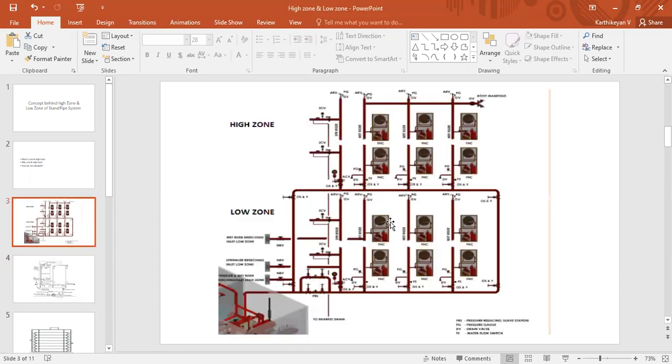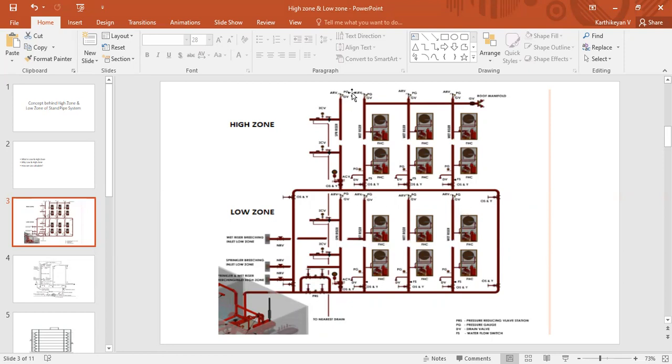So what is available here? The pressure reducing station is there. It contains the fire pumps. From here the discharge header is there. From the discharge header the tapping is made, and the pipe comes here. Here the pressure reducing station is available. After the pressure reducing station, one sprinkler system riser and three standpipe system risers are tapped from this line. So these risers end at the particular level.